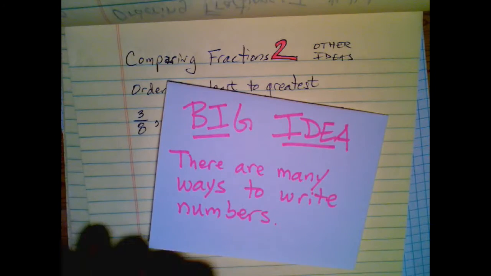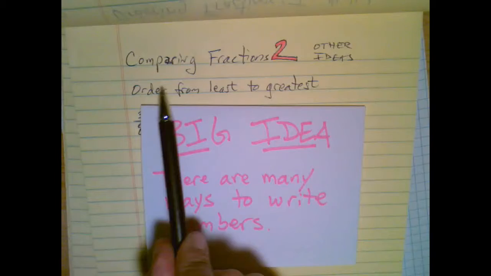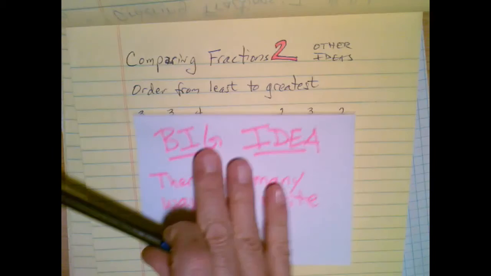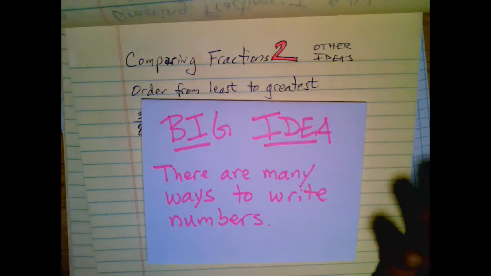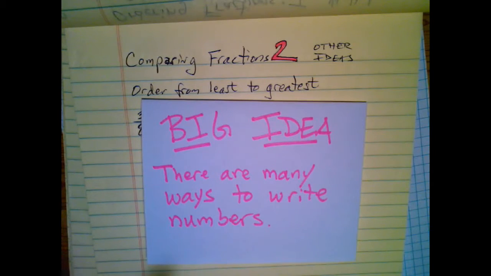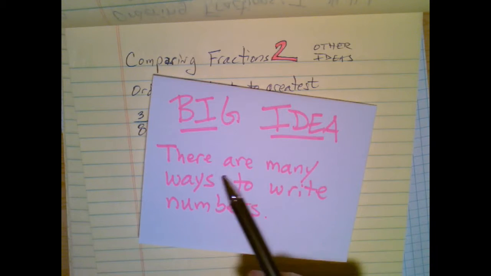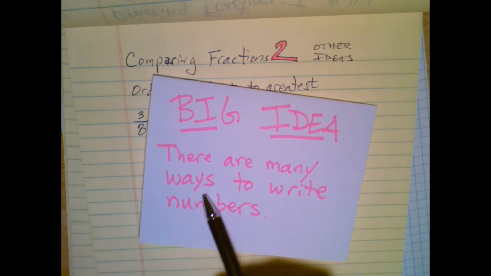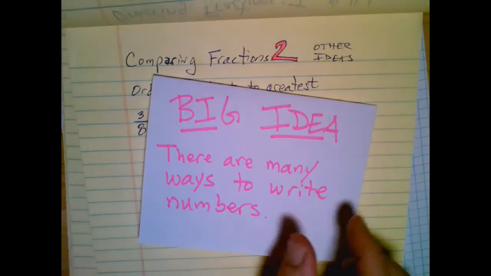The reason I'm putting this together is to potentially look at a problem we've done before, order from least to greatest. And we have some fractions here, but to do it in some other ways that you can think about things. And this hits on two ideas specifically. One, we've said this many times before, there are many ways to write numbers in order to think about numbers. And in this case,